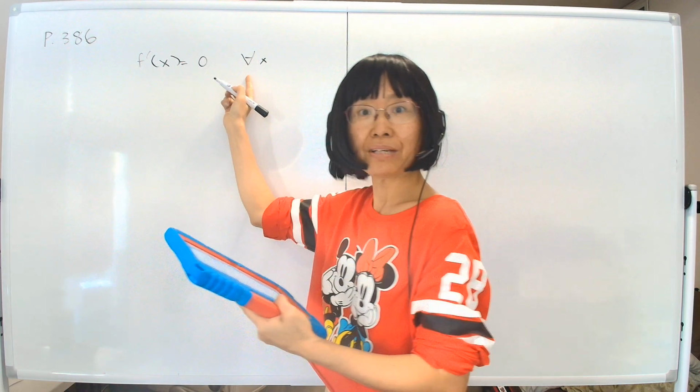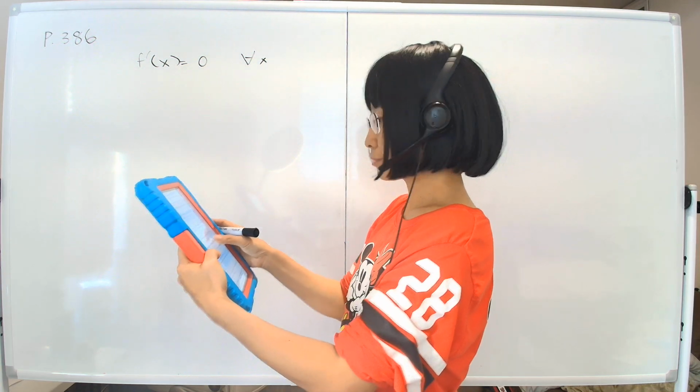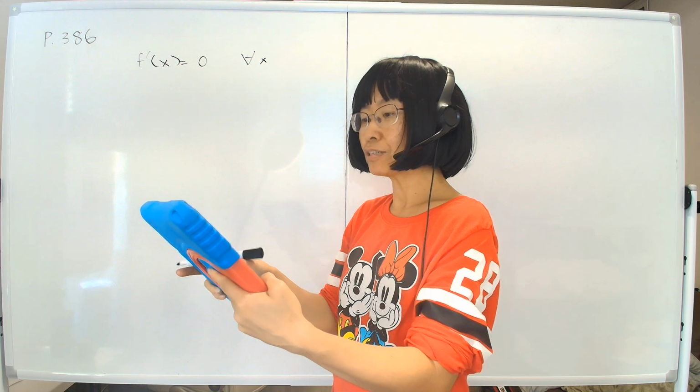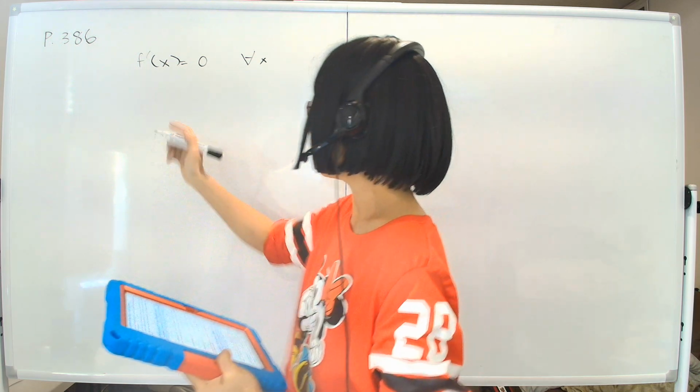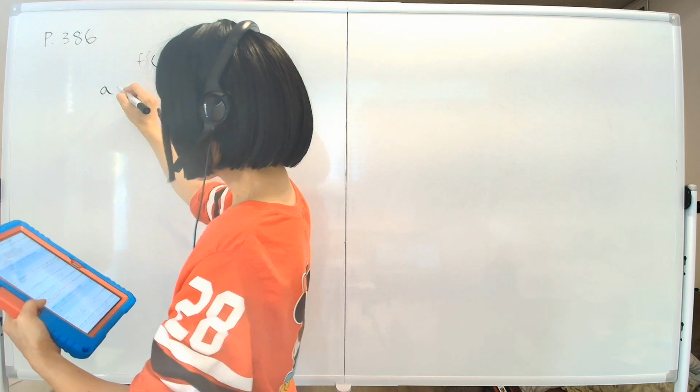The upside down A means for all. Well, yeah. Anyway, so then let's say that at some point a, b, there are 2 points. We'll pick some point where